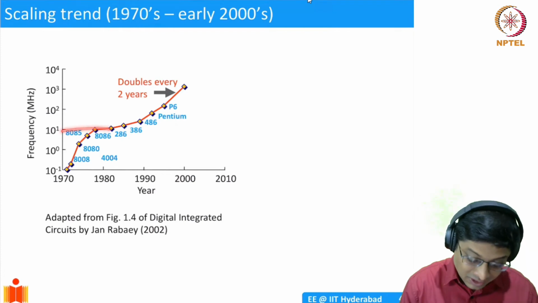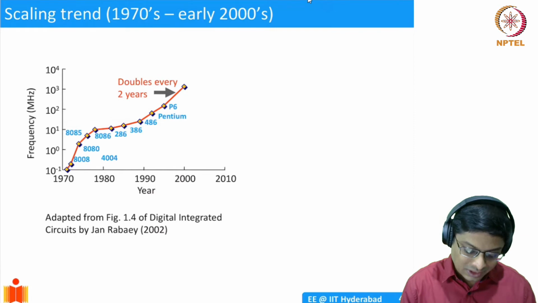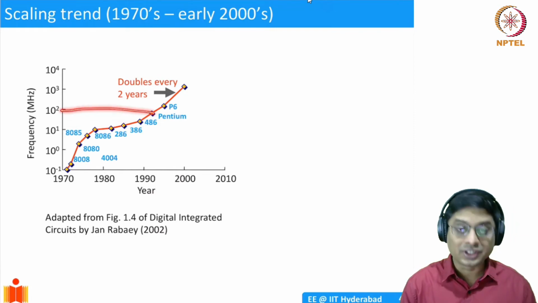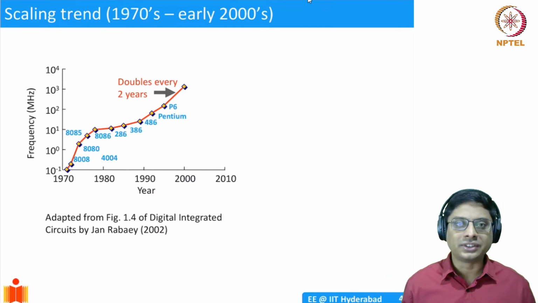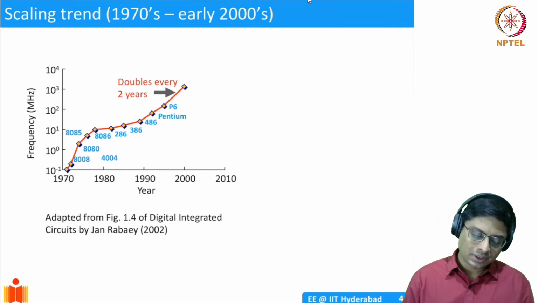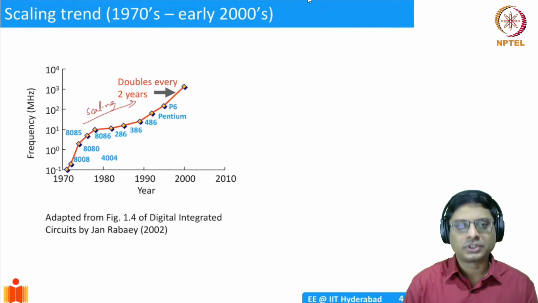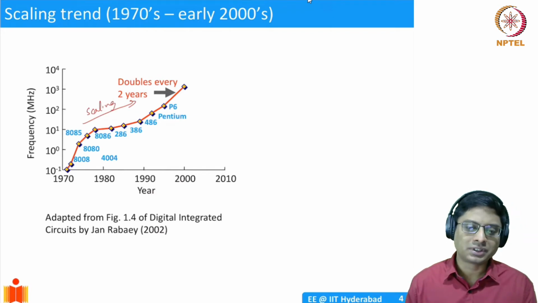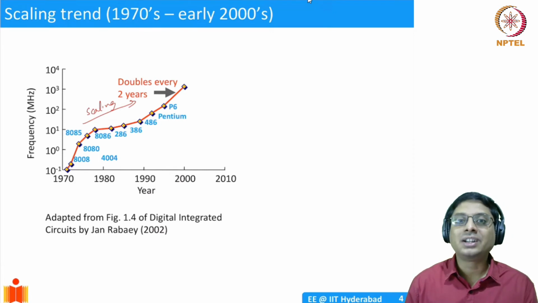This is 10 megahertz. Okay, that's even smaller. By the time we come to 386, it is still 25-50 megahertz. And finally, when you come to Pentium, the first original Pentiums were about 100 megahertz or so. And then finally, they kept on increasing. The reason this happened was the process of scaling that I described. So this increase is because of scaling. Of course, a lot of technology was developed to achieve this. But over time, in the last 30 years, we have tremendously improved the processing capability of the MOSFET.